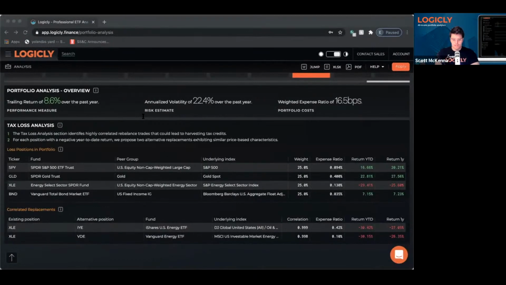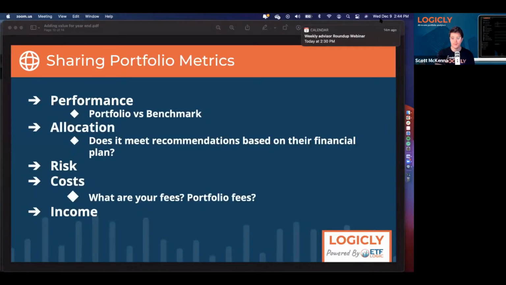So I think the other things that we wanted to talk about were more along the lines of sharing metrics with your clients. That's a big part of our platform, taking all of the metrics, all of the tools that we showed you, and exporting them to PDF or Excel, taking those images, and using them for market commentary, things like that that you might send to your clients. So we just wanted to go over some quick stats that you might be able to use from the Logically platform to help share with your clients. So number one would be